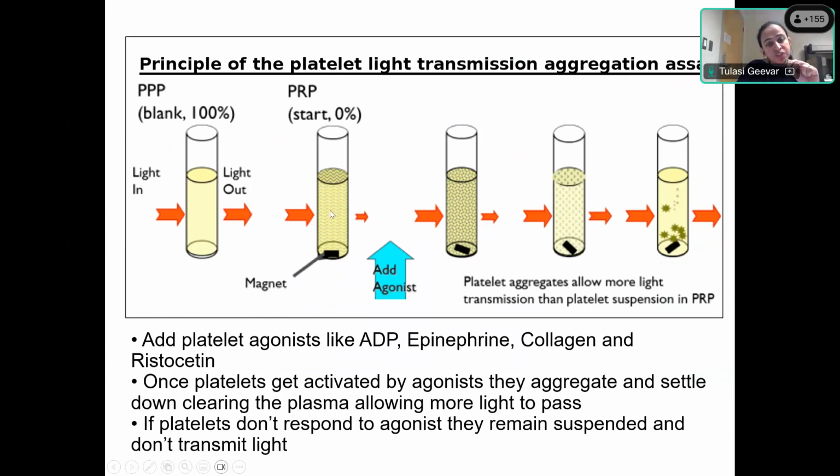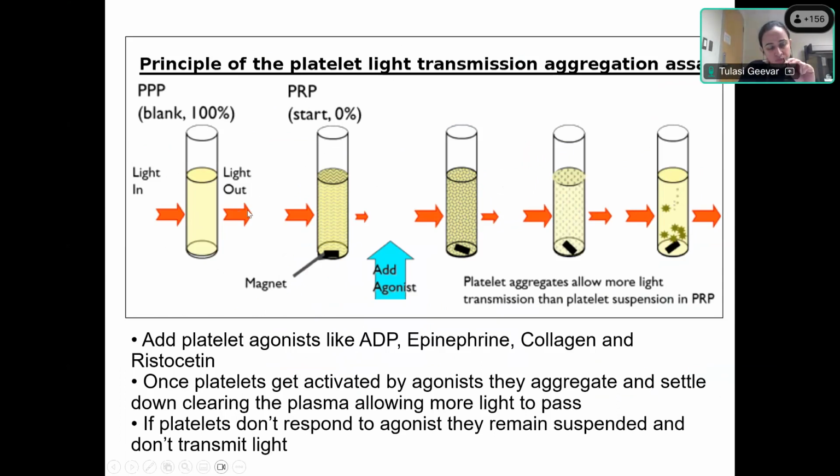To the platelet-rich plasma, you're adding a platelet agonist, which activates the platelets. And as the platelets get activated, they start aggregating or clumping together, and more light is allowed to pass. Now, this is compared to PPP, or platelet-poor plasma, which is clear and